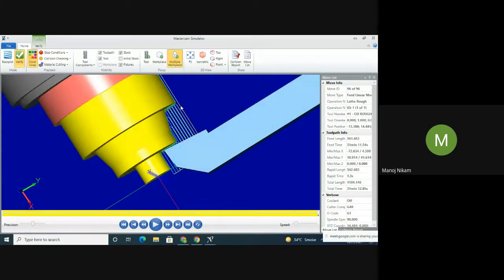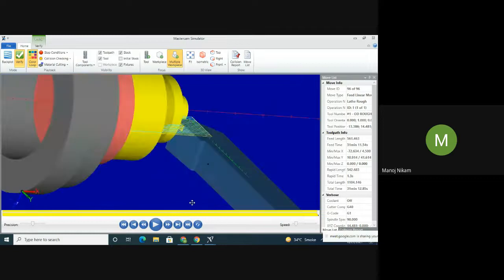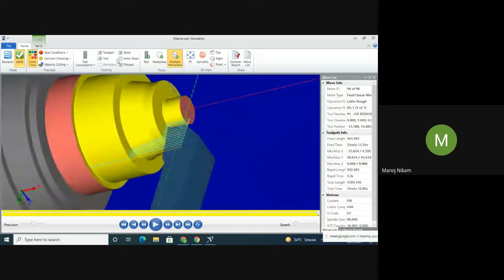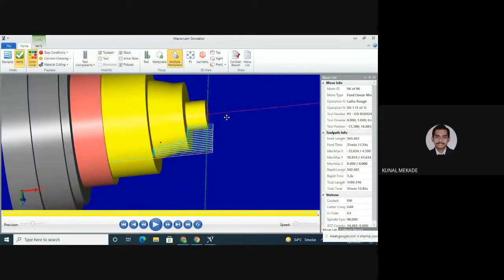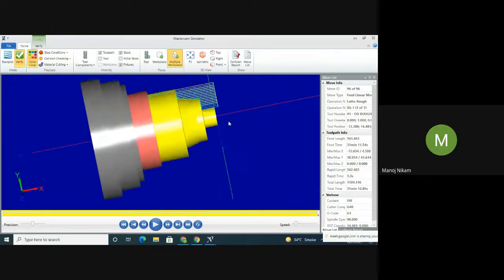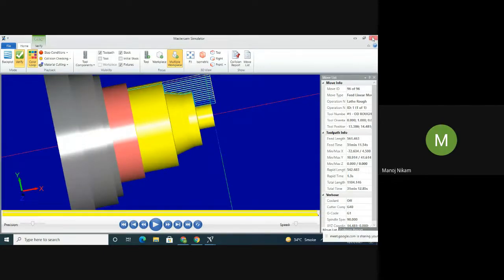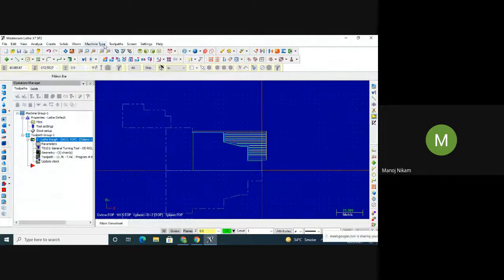So as I told you, for stock removal we are going to use E74. So that way, yeah, you can see eventually it is removing the excess material. Okay, understood? Yes, sir. So this is for the stock removal, and after that you can go for